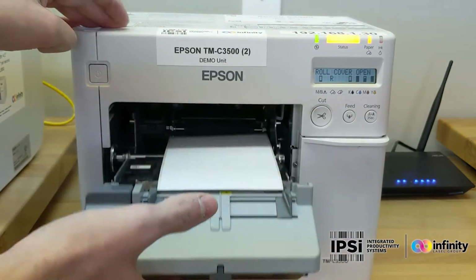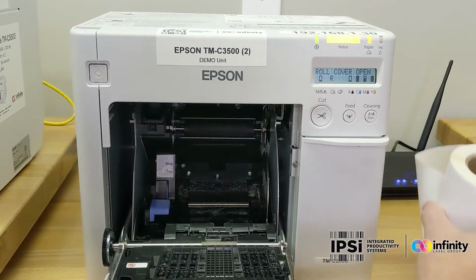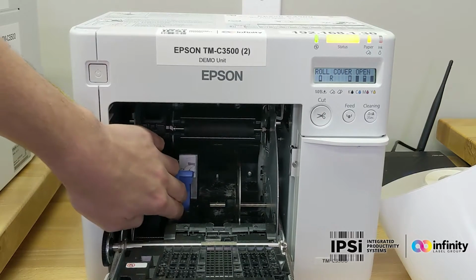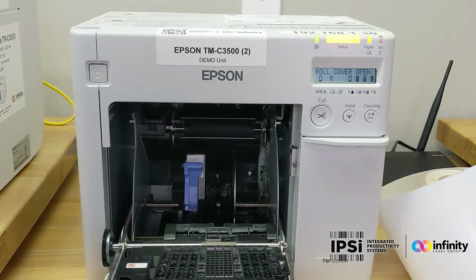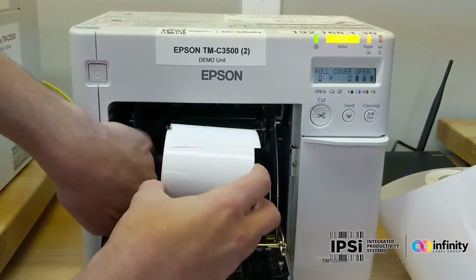We're going to open this latch and take out the old roll. Now, I'm not sure how well you could see it in the other video, but there's a blue latch in here, and that controls this spring-loaded mechanism that holds the roll in place. So this time what we're going to do is take our 3-inch wide roll of labels, we're going to open that spring,